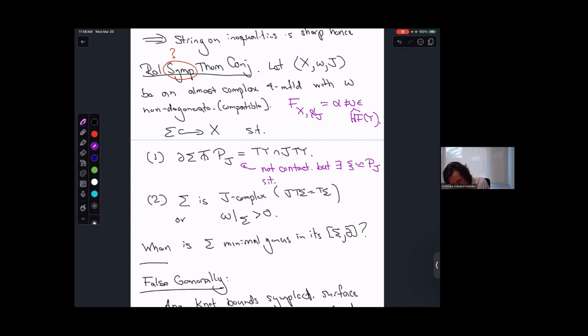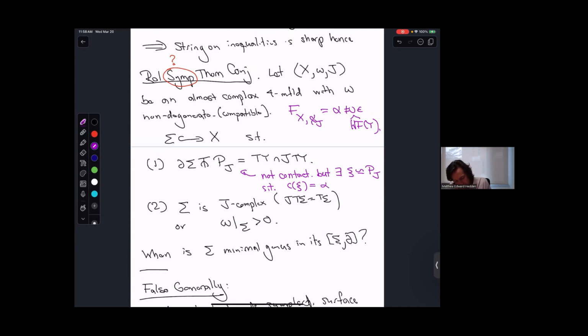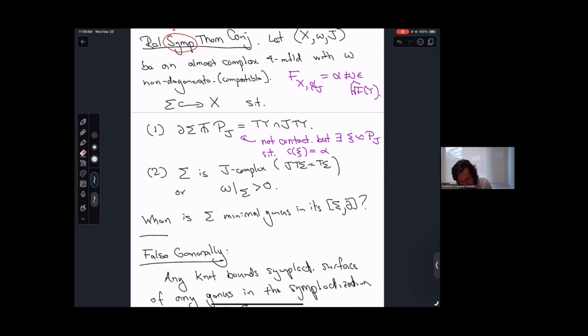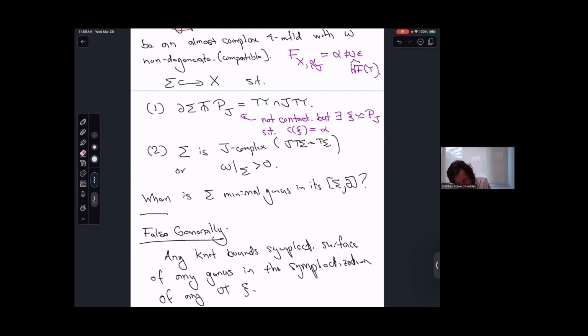one such contact structure whose contact class equals alpha. So I do have to have a tight contact structure on my three manifold. This C will necessarily be tight because it has non-zero contact invariant, but I don't need it to be fillable. I don't need X to be a filling of this contact manifold. And so that's that. So this is almost enough to get the theorem or to generalize, but